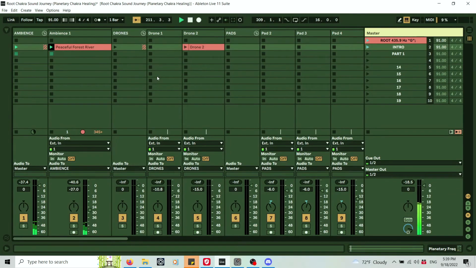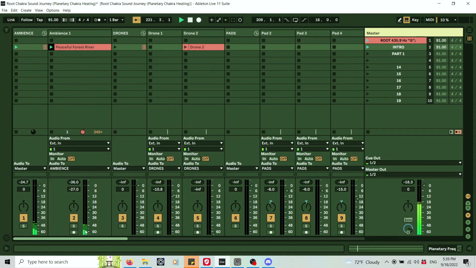And the water was already selected. So usually I would start with healing frequencies, and then I would put the volume all the way down and then slowly bring that in to a level that's comfortable. I had it at around -27, so I leave it for then. Right? And then,